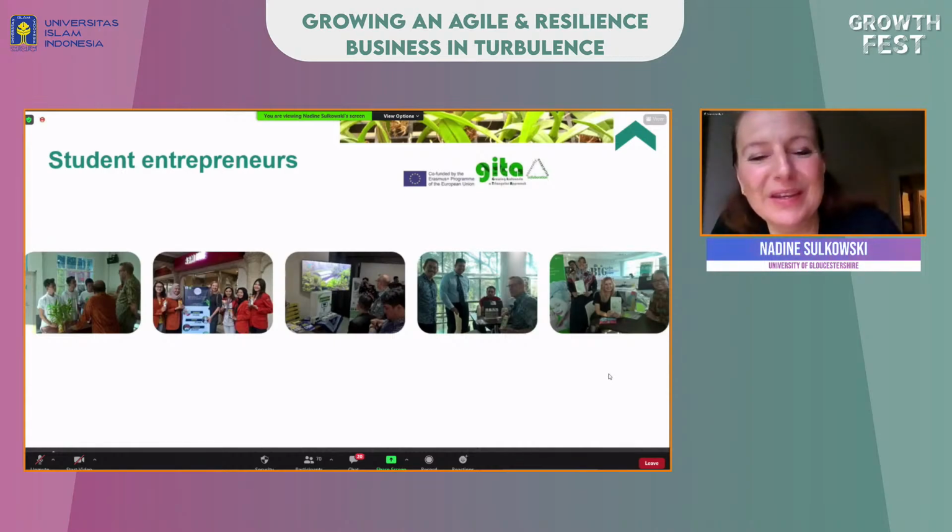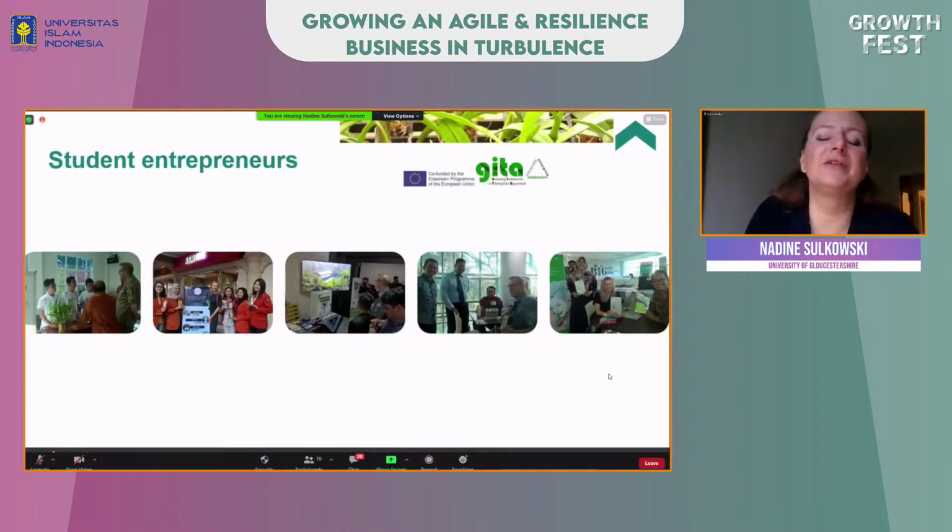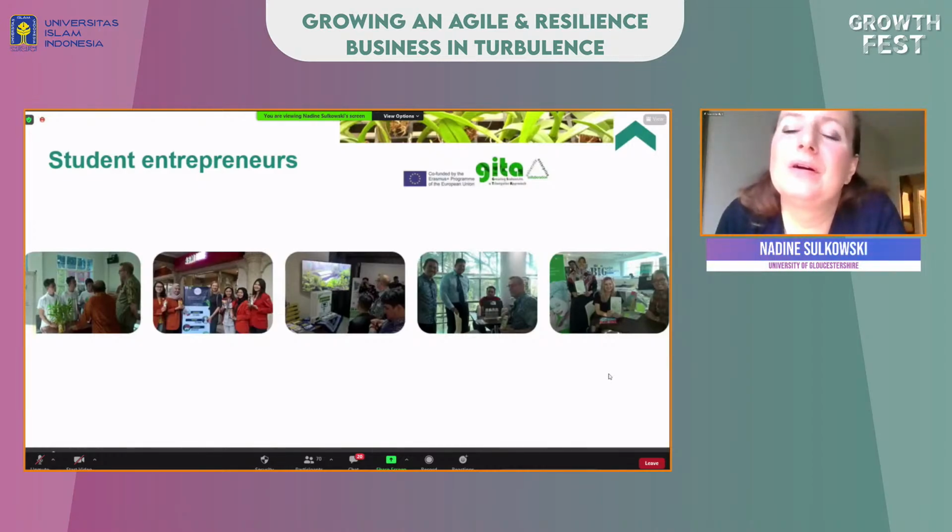And I was particularly inspired to see so many student entrepreneurs exhibiting during our recent visits, well, not that recent, it was last year, to the different growth hubs across Indonesia. And the sheer diversity of startup ventures which are emerging in Indonesia. And it's really, really exciting. And I have to say, one of the most inspiring conversations that I have had was when I was talking to aspiring entrepreneurs at one of our Gita growth hubs, and they said to me,